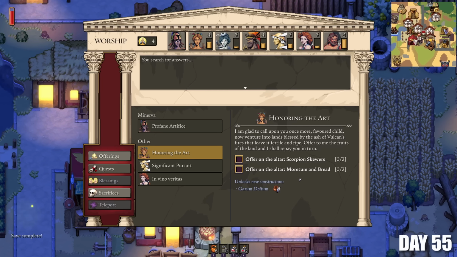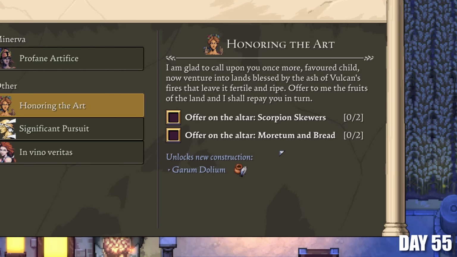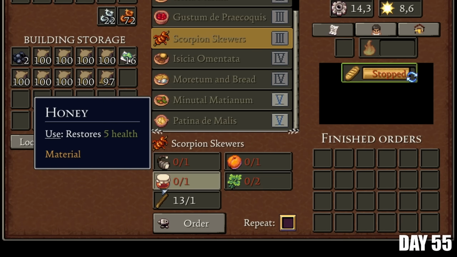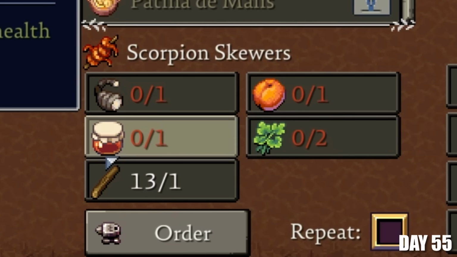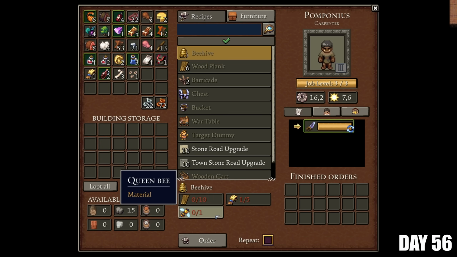So instead of looking for something I have literally zero data about, I decided to finish a quest from Ceres, which was literally just a cook me some cool meals bro kinda quest. So I decided to start with the scorpion skewers, and to even begin thinking about cooking those I needed honey production. So I unlocked beehives from one of the Ceres' perks, and to make them I needed one queen bee